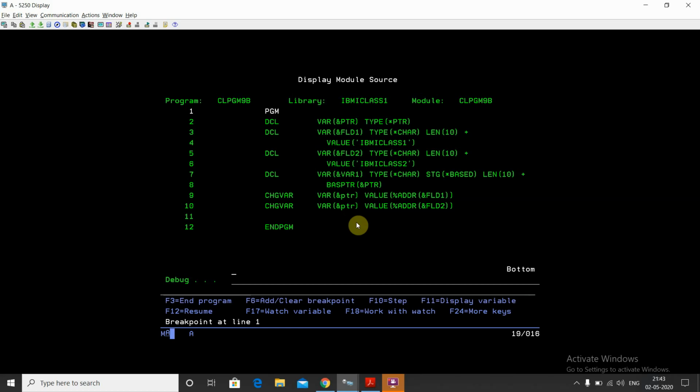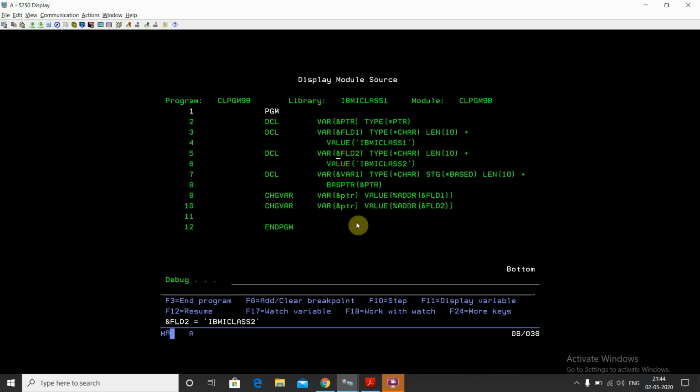The program starts. Before pressing F10, I'll be checking the values in these variables. First of all, the PTR variable. The pointer variable has nothing. It contains a null address. There is no address stored at the pointer variable. Field 1 is obviously having the value IBMI class 1, which is initialized during the declaration of this variable.